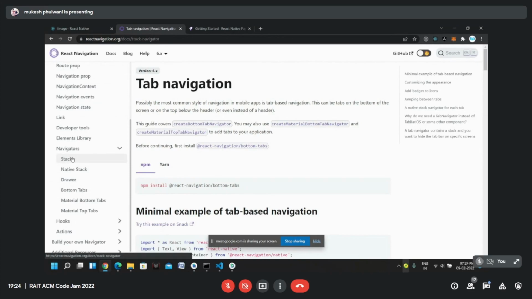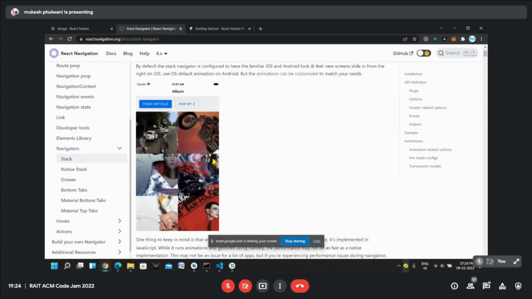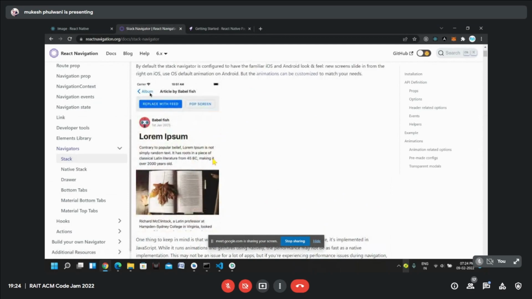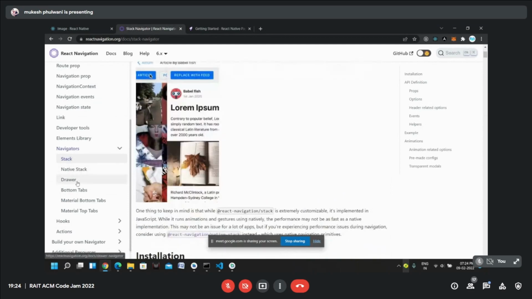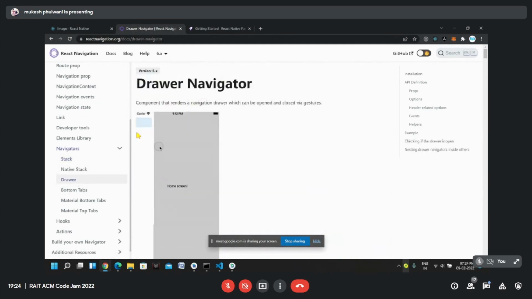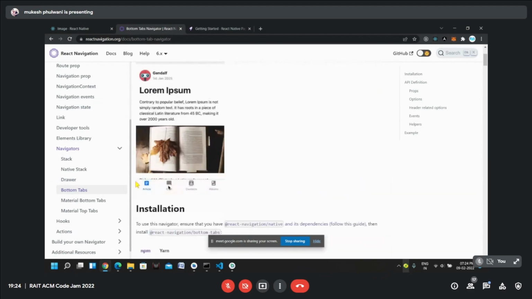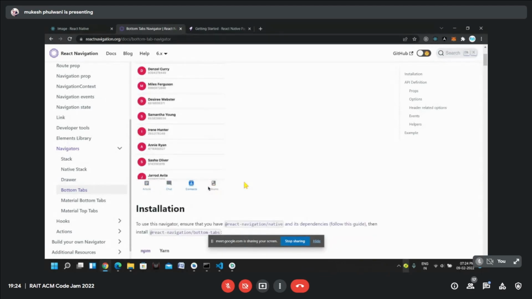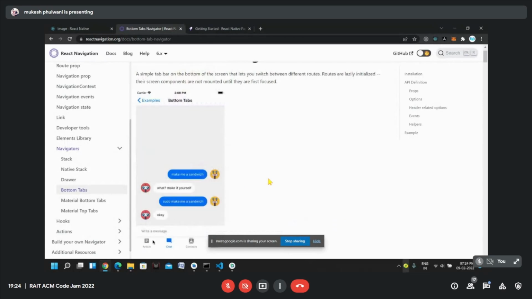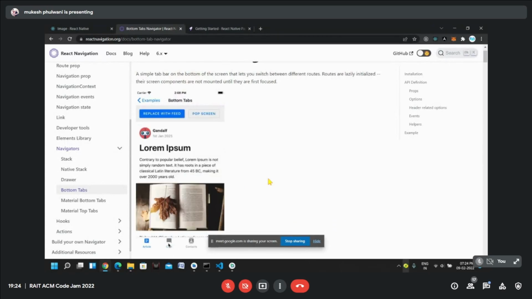So one is the stack navigator. One is this drawer navigator, we have a drawer from here, and one is bottom tabs, that is tab navigation. Dishant, did you cover all these three yesterday?